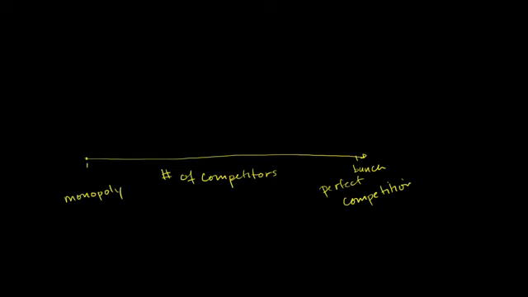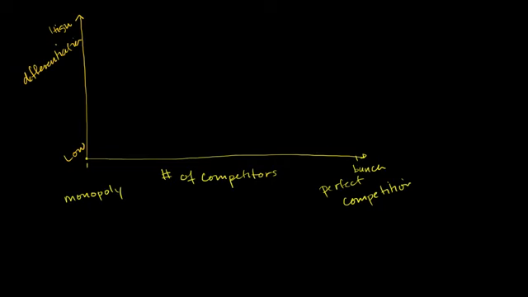In the vertical axis, I want to think about how differentiated the competitors in the market are. How different are their products or their brands? Differentiation in the market. And this is low differentiation, and this is high differentiation. So let's think of a bunch of industries and think about where they sit here. And then I'll introduce you to two new words other than just a monopoly or perfect competition.